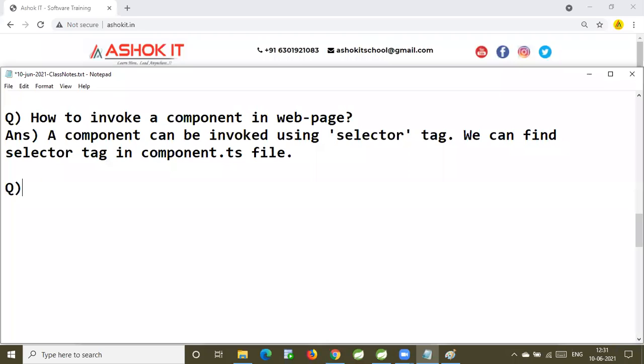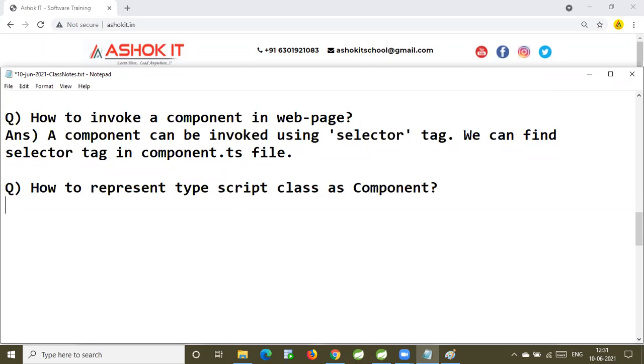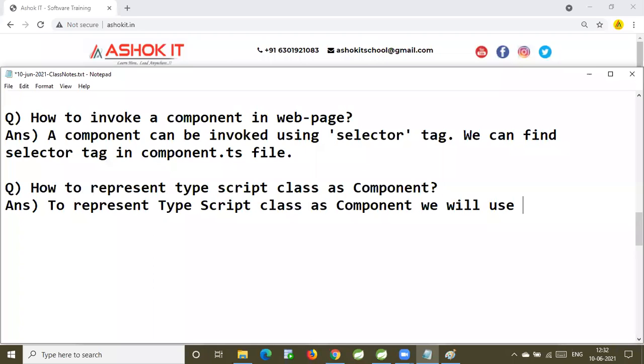How to represent a TypeScript class as a component? By using an annotation. To represent TypeScript class as component, we will use @component decorator.